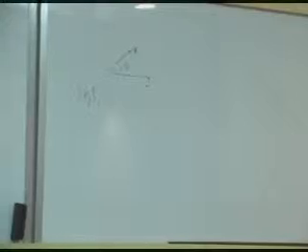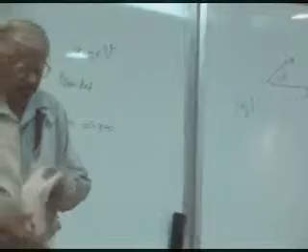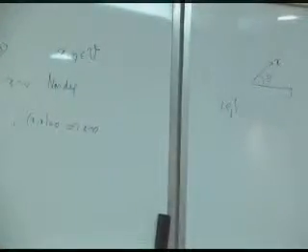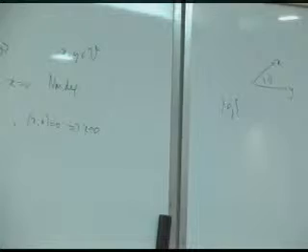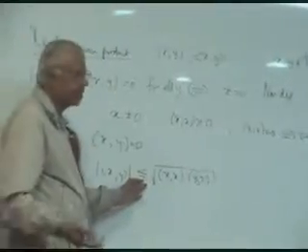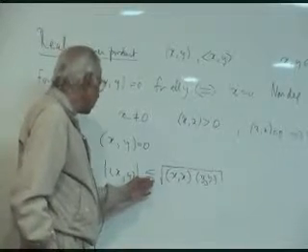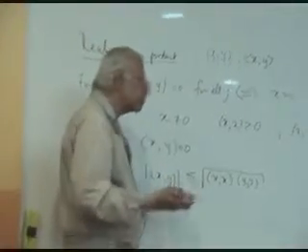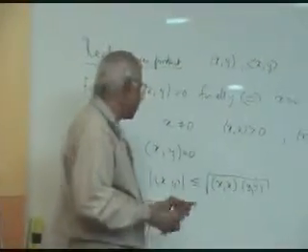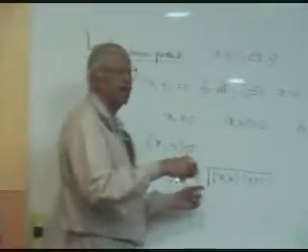Is this equality only for x equal to lambda y? Yes, this is the Cauchy-Schwarz inequality. If this is a less than or equal to statement, you can ask when you get an equality. You will get an equality only if x and y are multiples of each other. You can say they are parallel to each other. So the equality will appear only if y is equal to lambda x.